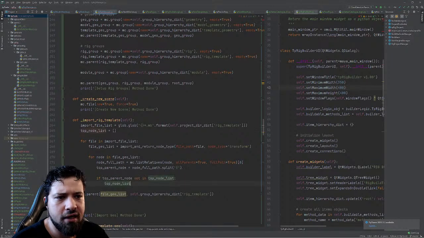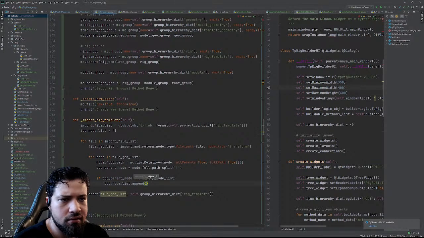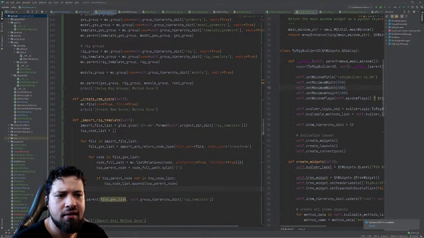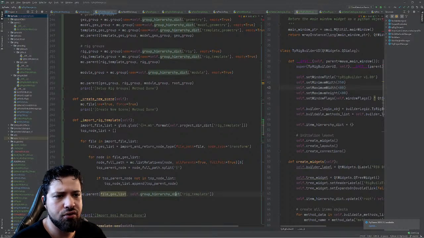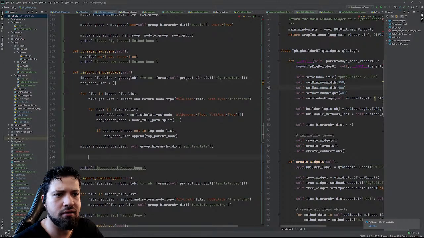So basically, it checks if it is already on the list, then it's just appending the top parent node. And at the end, what we should have is this. So then we're just going to do top node list, and then we're going to parent it to the